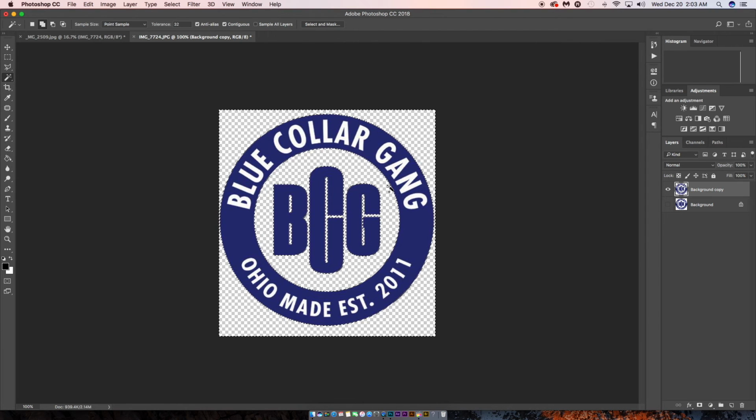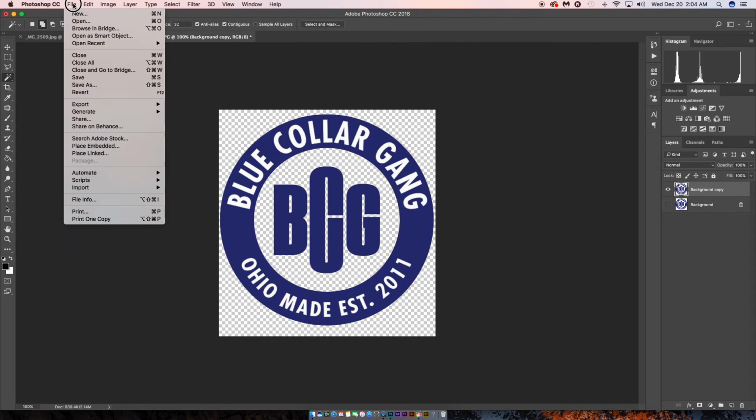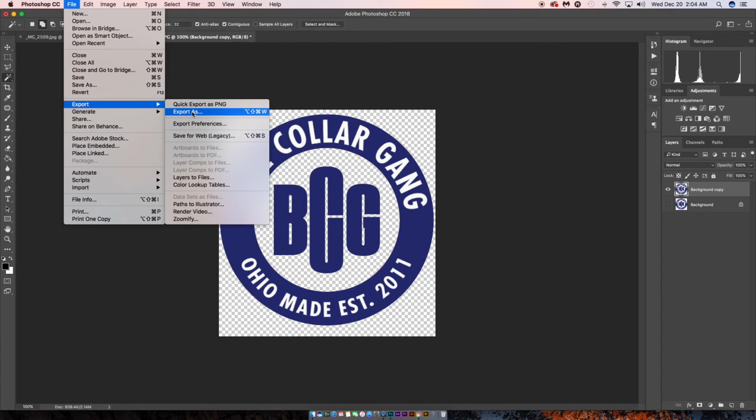But we want to make sure that we're saving this logo in a proper format. So we want to make sure we're saving it as a PNG file. So I'm going to show you how to do that next. So press Command D to deselect the layer so you can see your logo a little bit better. So what we want to do next is go up here to File, go to Export, go to Export As,